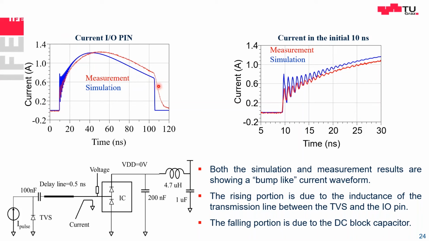Wow, it gets even more strange. You know what happens? This 100 nanofarad capacitor charges up. For example, if it charged up to 1 volt, then there's 1 volt more at the TVS. And that means more current can flow through the TVS. So the more the capacitor charges up, the more the balance shifts to the TVS, even if it's 100 nano.